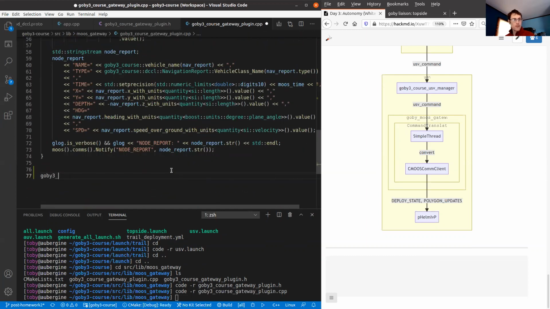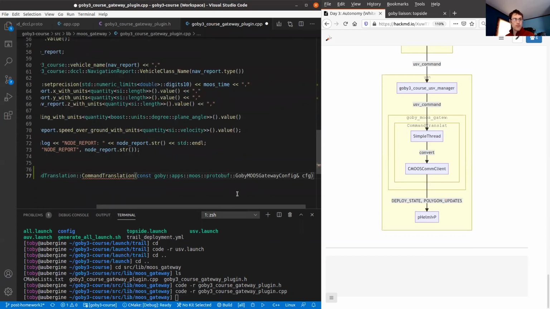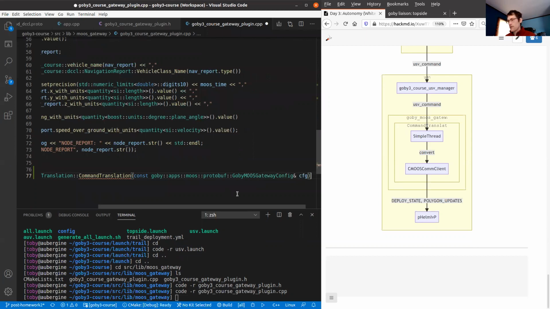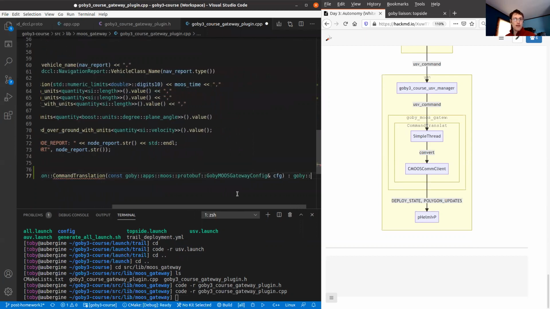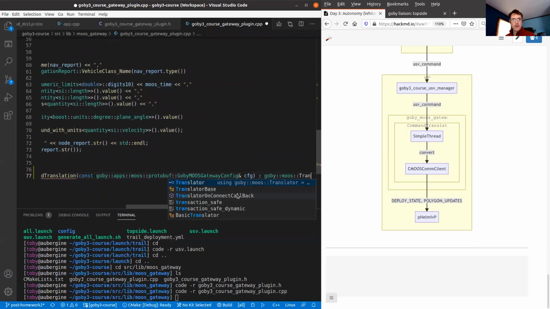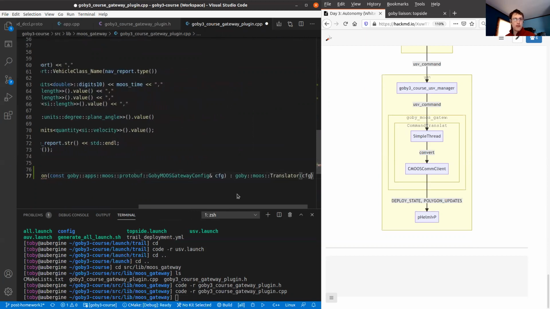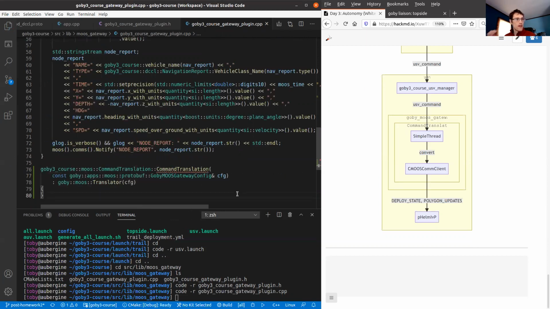So we had our Goby3 course moose command translation constructor, just command translation, and that's got, as I mentioned a minute ago, this Goby3 gateway configuration, and we pass that configuration to our base class.